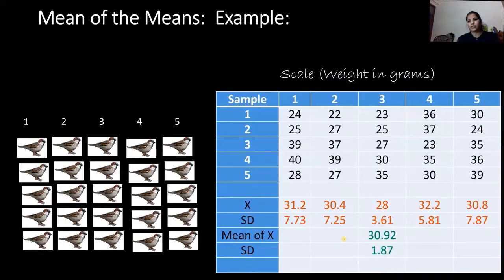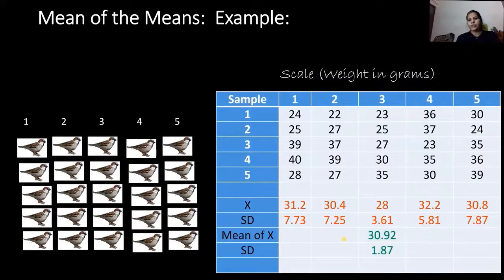In the fourth one, it is 32.2. And in the fifth one, it is 30.8. I have also calculated standard deviation from these given data sets, where standard deviations for the first, second and fifth samples are calculated large, or say larger, varying from 7.25, followed by 7.73 and 7.87 in